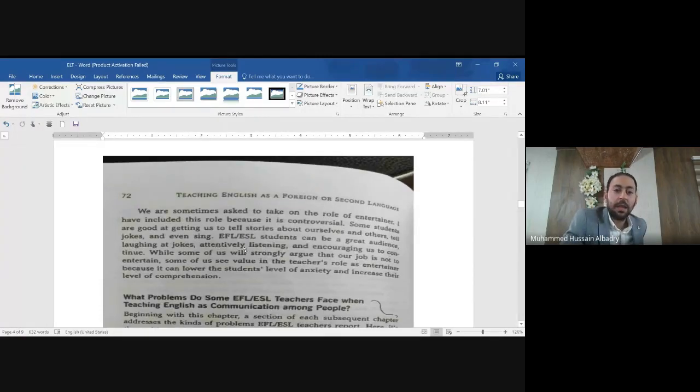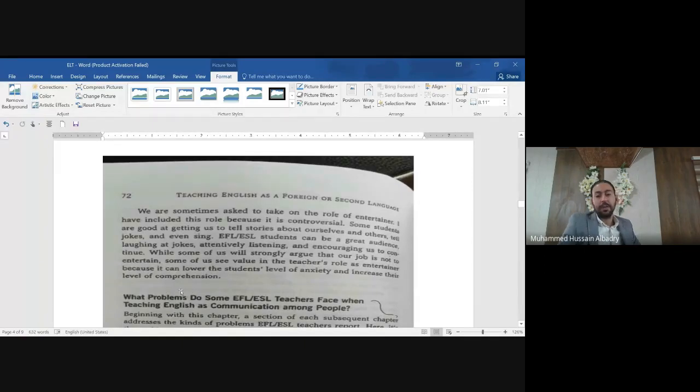EFL, ESL students can be a great audience, laughing at jokes, attentively listening, and encouraging us to continue. While some of us will strongly argue that our job is not to entertain, some of us see value in the teacher's role as entertainer because it can lower the students' level of anxiety and increase their level of comprehension.